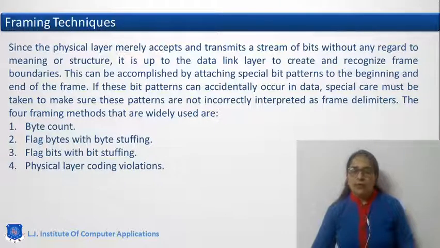So to implement the no monopoly idea, the data link layer provides a proper structure of data, because the physical layer doesn't provide any structure, it just transmits the data in the form of zeros and ones. So here the main role of the data link layer is to convert the IP packets into frames. How to convert it into frames? For that there are different techniques, which we will see.